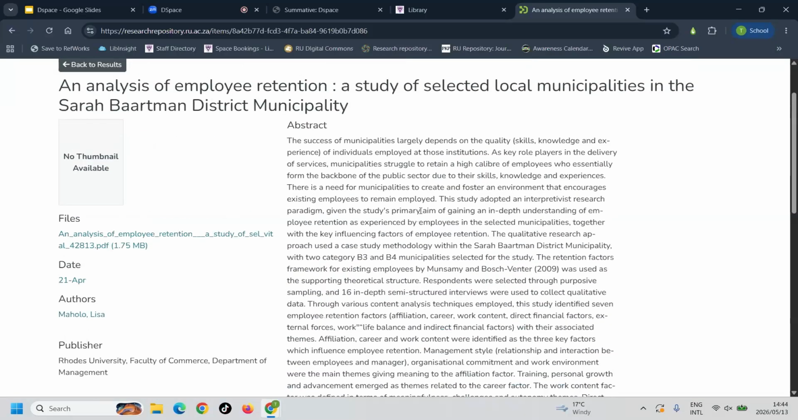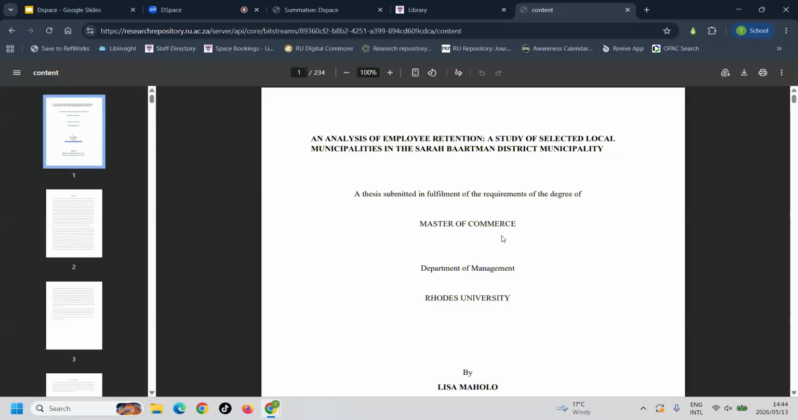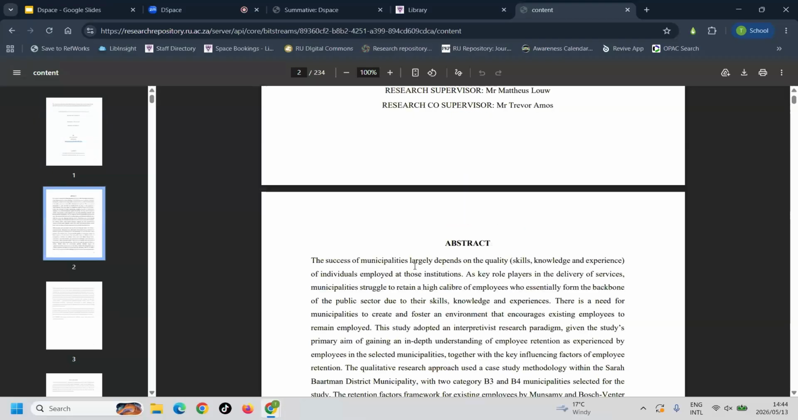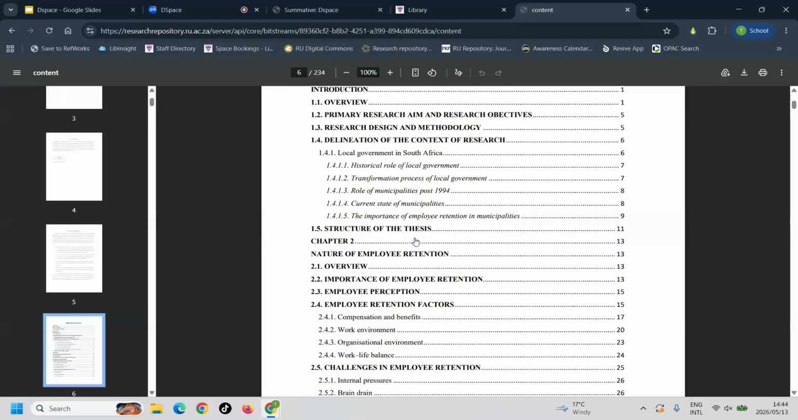So when you want to access the actual document, you just select on the files, and then it should allow you to download the master's thesis, and then you'll be able to view works that have been done in your department